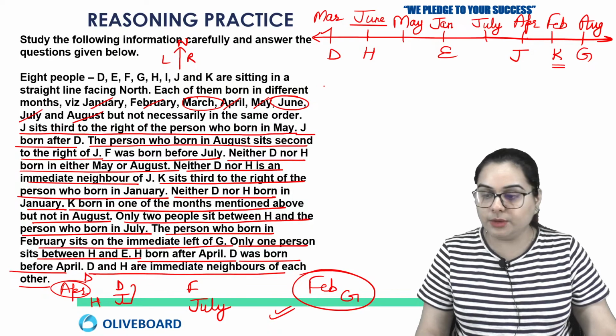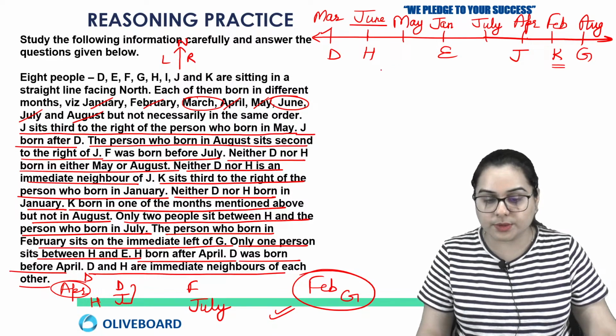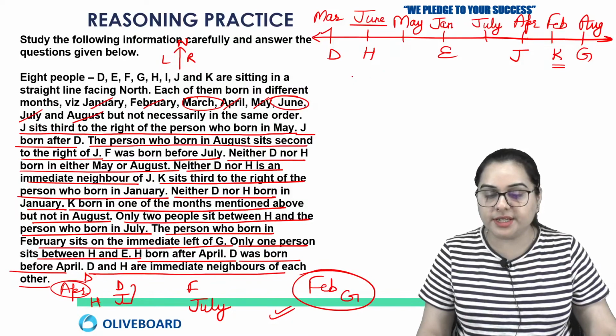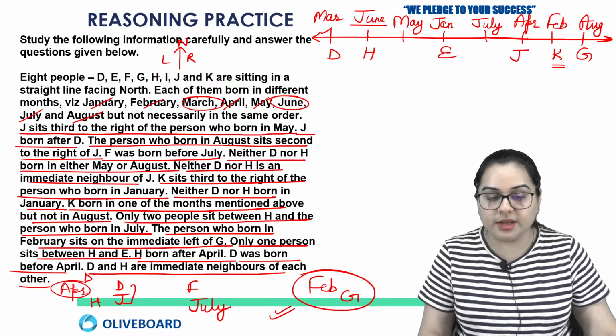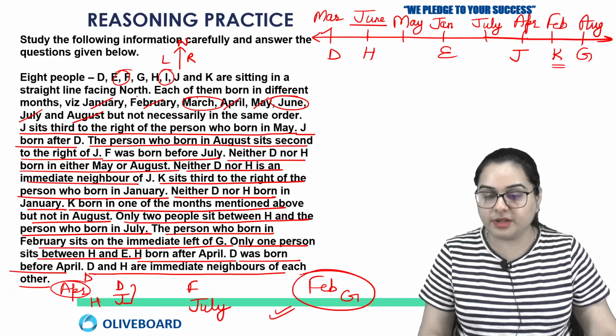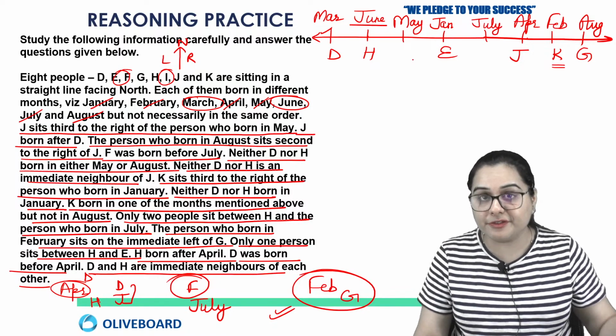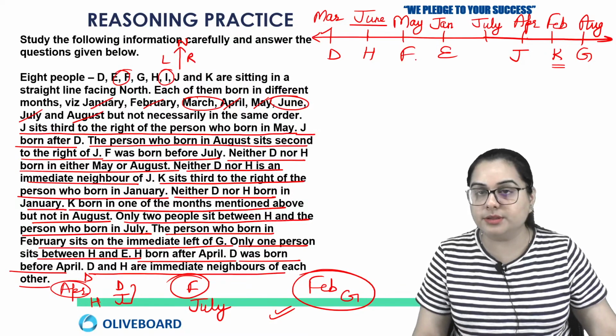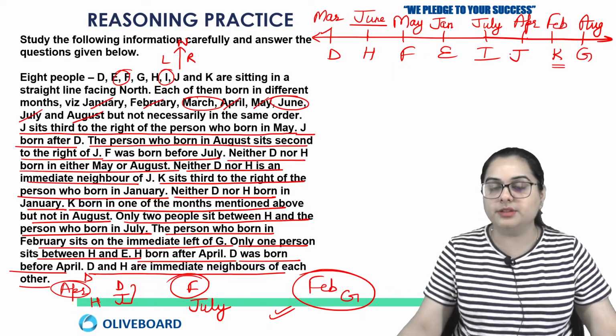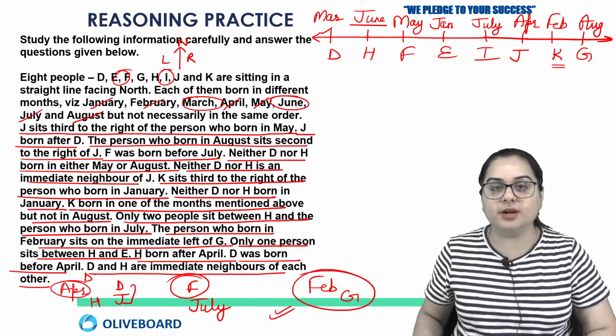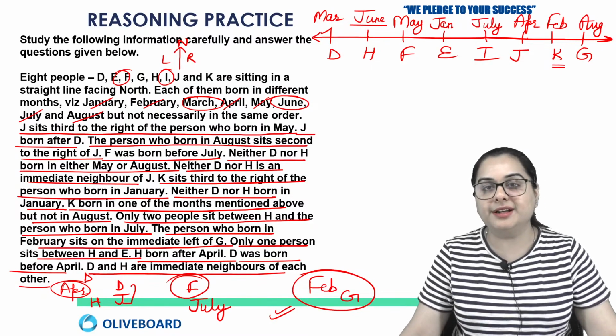Okay. So now if I check about the name of the person. Okay. So I'm left with which person? D, H, E, J, K, G is done. So I'm left with I. Right. And I'm left with F. These two people are left. So about F, he says that F is before July. Now, if F is before July, so F will be written on the month of May and I will be written on the month of July. And this is how we are going to solve this. So PK done, very good.